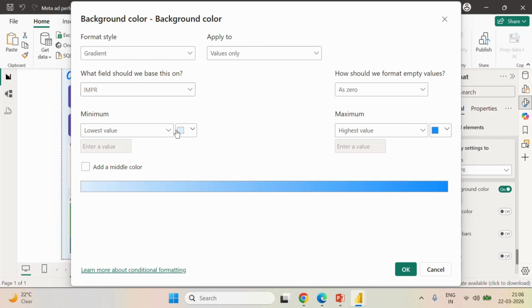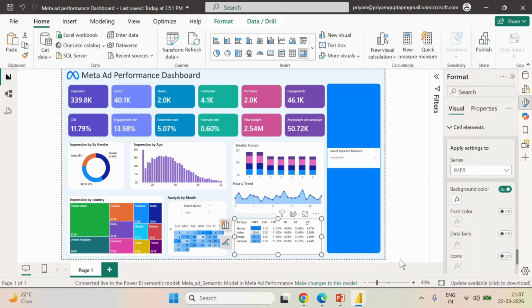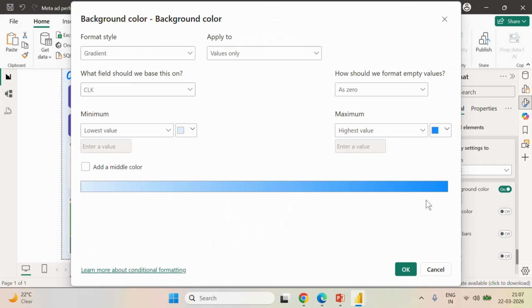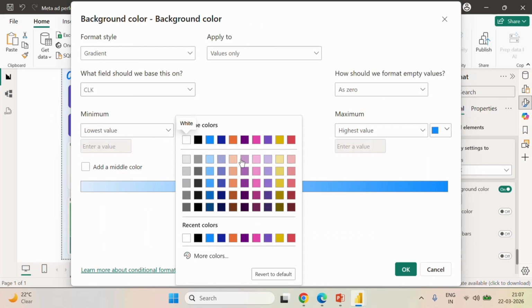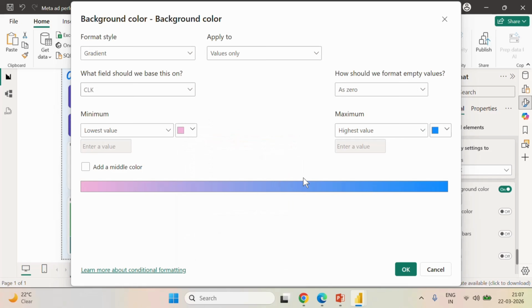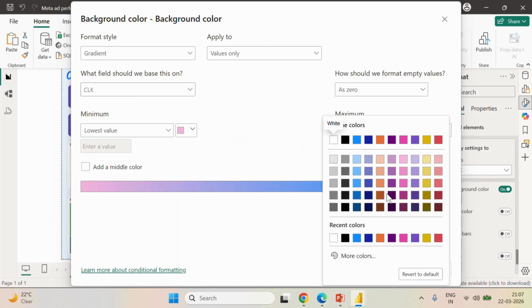Okay, add a middle color, not a middle color. For this, we are going to select only this one. Let me select the another one. For this we are going to select some different color. Let me take this one, and